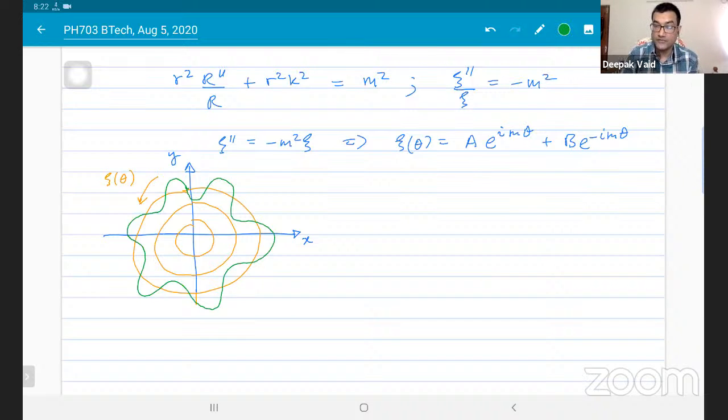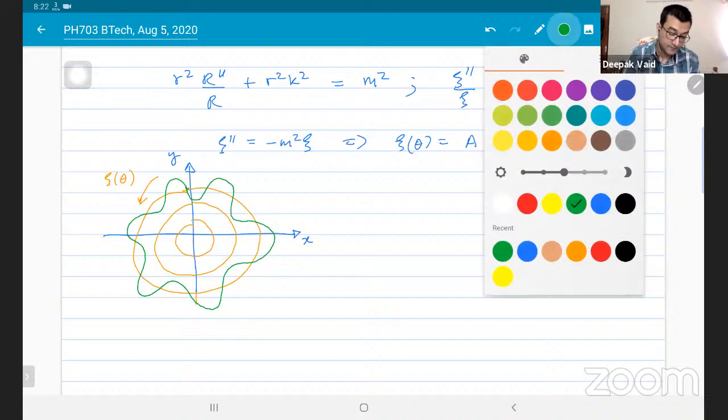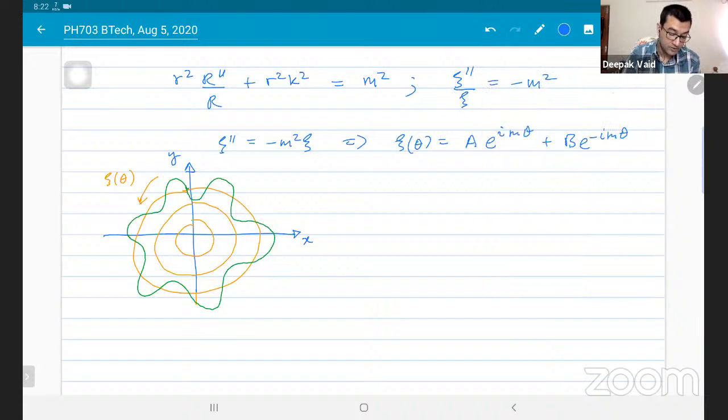So the equation has to satisfy continuity, right? Because when you go around one full circle, psi of r, theta has to equal psi of r, theta plus 2 pi, right? So that means